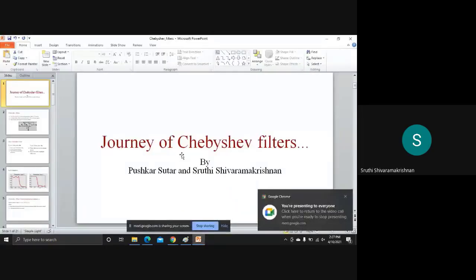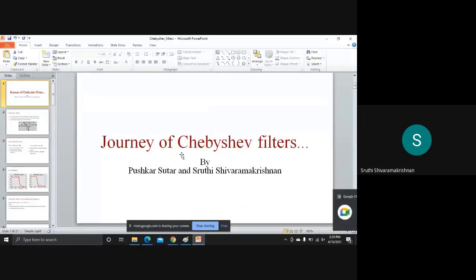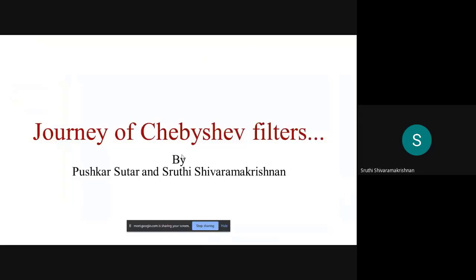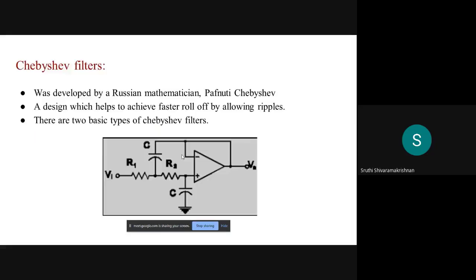So now we'll be embarking on this journey of Chebyshev filters, as we have already completed Butterworth. It's going to be very interesting because we'll be showing you a lot of practical things in this journey. So let's begin. So Chebyshev filters. This Chebyshev name came from a Russian mathematician whose name is Chebyshev, obviously. Chebyshev is preferred over Butterworth because it has a faster roll-off. You will see when you see the graphs later on.